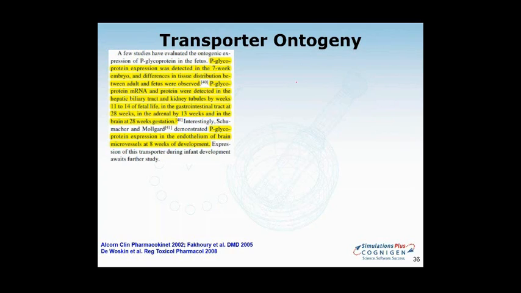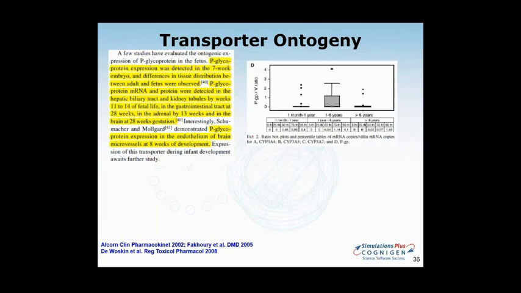There actually is a publication coming out in CPT, a nice summary organized by Kim Brouwer and put together by the Pediatric Working Group, where they summarized all the available information on ontogeny of transporters in liver, gut, and kidney, so something that you may want to look into. But overall, it's not as well characterized as the CYP enzymes would be.